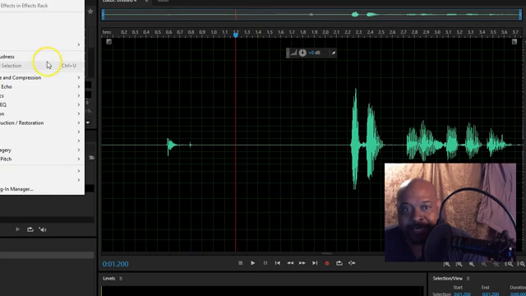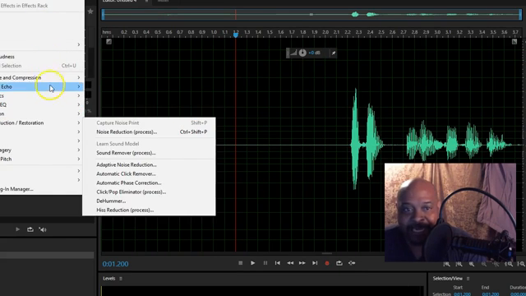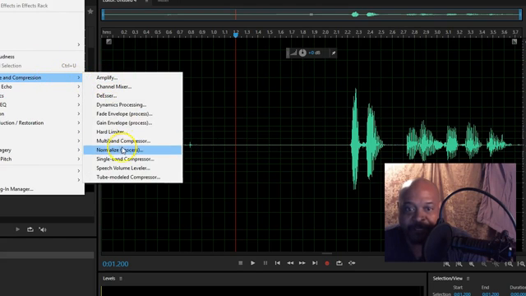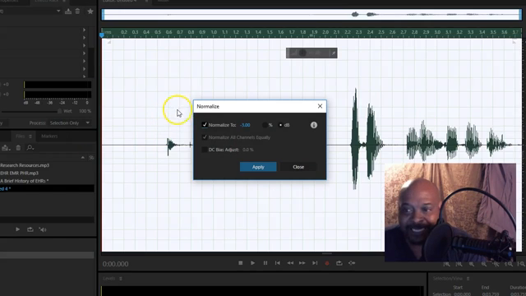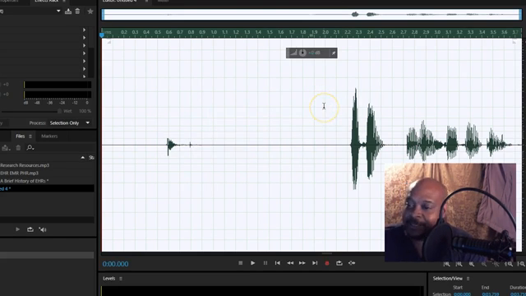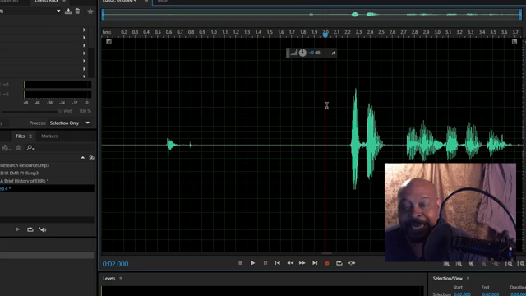Then I go back into the effects rack, go to amplitude and compression, and normalize everything to -3 dB. And that's basically it. Once I'm done, I save, and then I upload that audio file to the audiobook site,